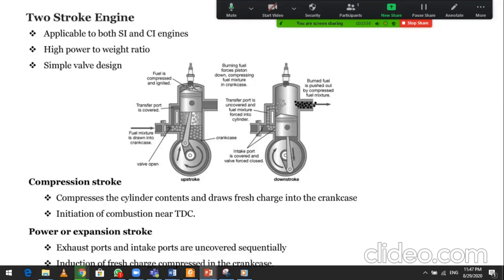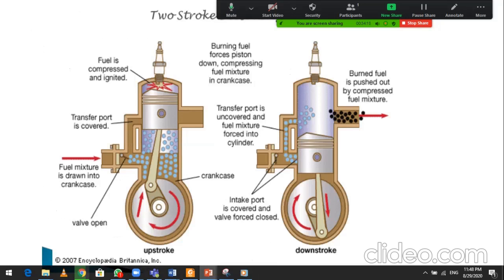इनिशिएशन ऑफ कंबशन नियर टीडीसी। अब कंप्रेशन स्ट्रोक में जो है ना, कंबशन कब होती है, जब टीडीसी पे होता है। अब आपका इनिशिएशन एंड पावर एक्सपेंशन स्ट्रोक, एग्जॉस्ट पोर्ट्स एंड इनटेक पोर्ट्स आर अनकवर्ड सीक्वेंशियली, induction of fresh charge compressed in the crankcase. Okay, so normally जब भी आप टू स्ट्रोक को डिफाइन करेंगे तो आप देखते हैं कि किस तरीके से और कहां से हम इसको स्टार्ट करें टू स्ट्रोक इंजन को। तो वही पिक्चर है, नॉर्मली पिक्चर में आप देख सकते हैं कि ये आपको बताना चाह रहा है कि किस तरीके से वर्किंग करता है।